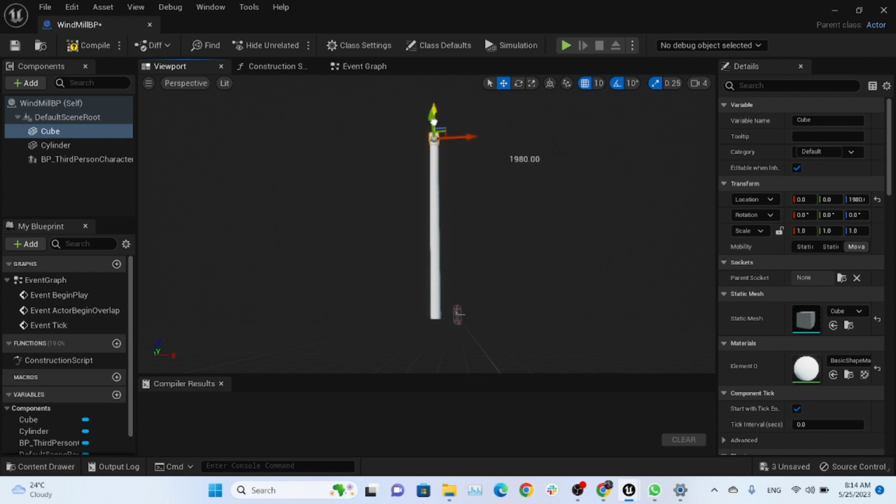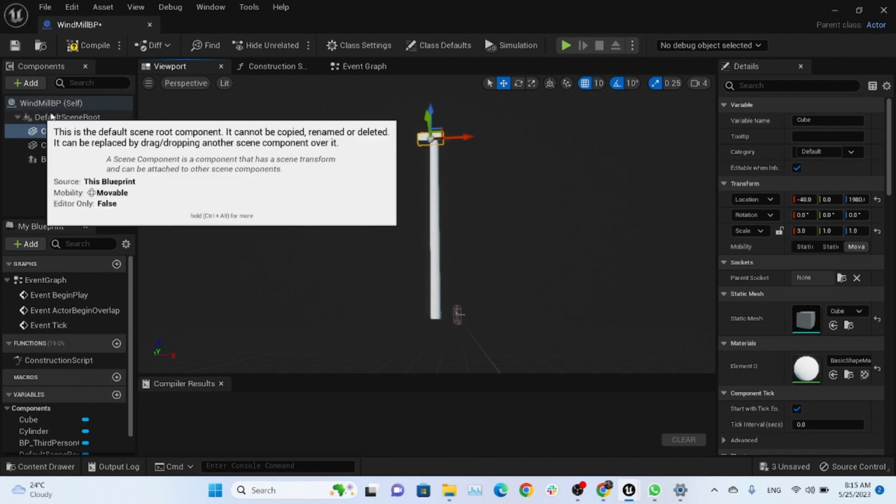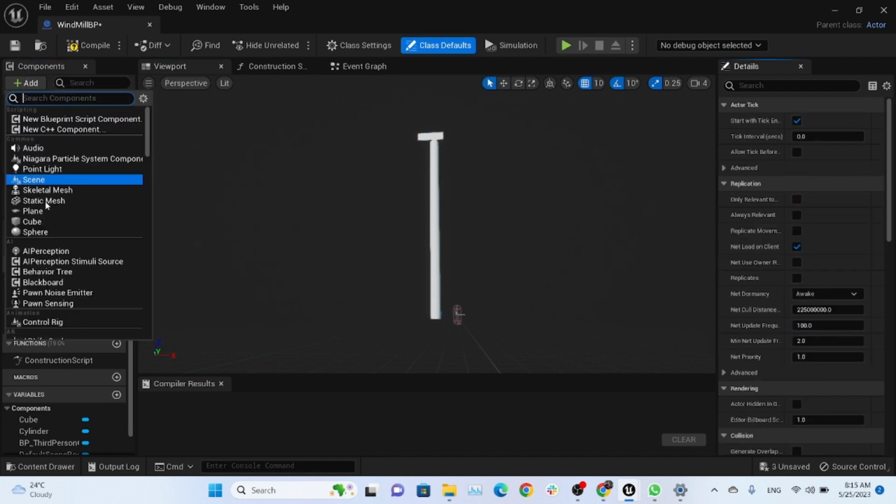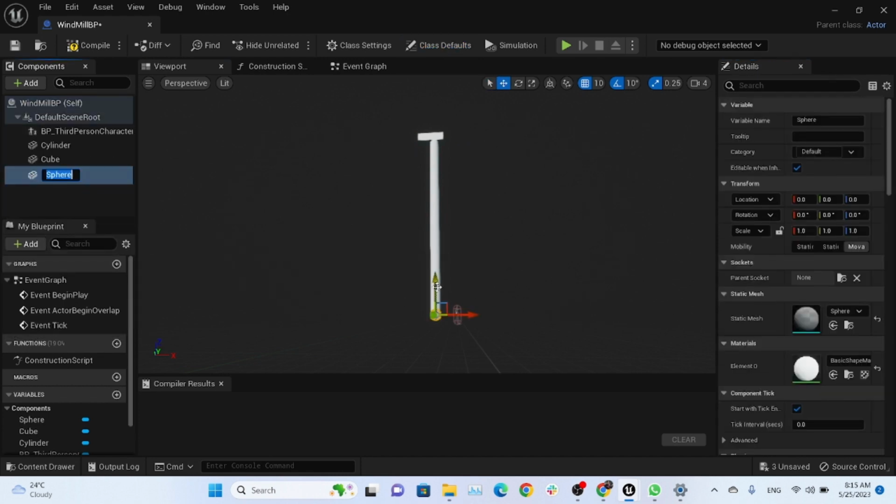and increase its scale on the x-axis or something like that. Let's say two times to this. This could be good, or let's make it 3 times so it would be like this. Like this. And now again create a sphere, drag this sphere upward,